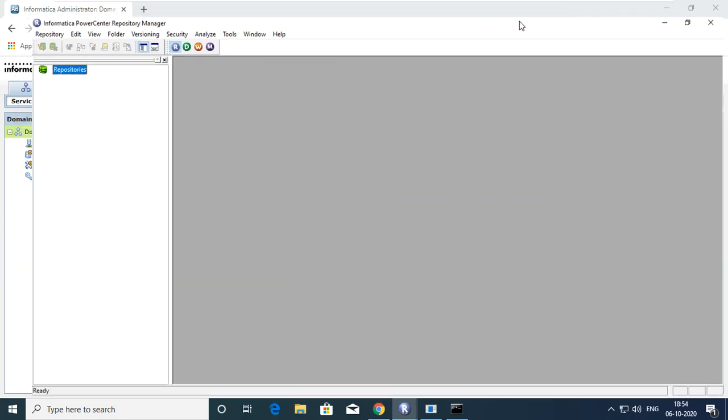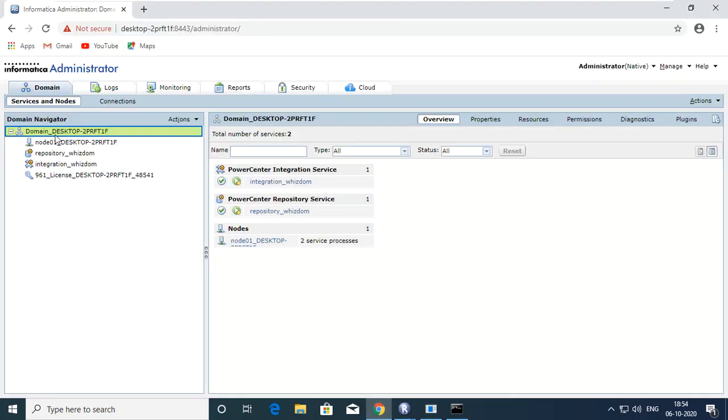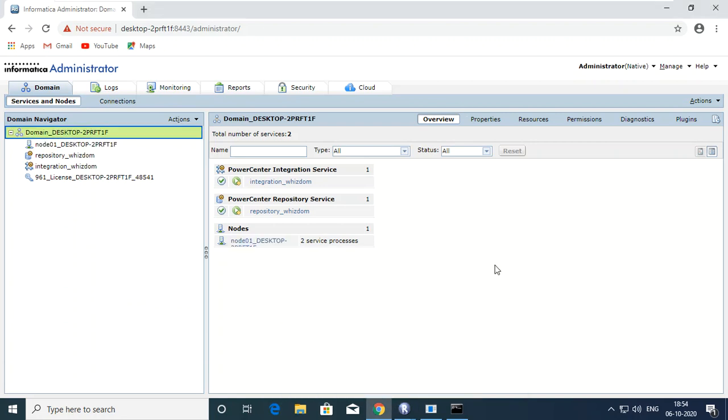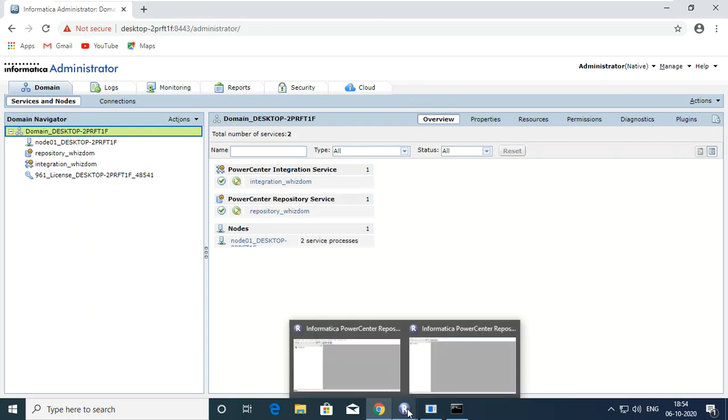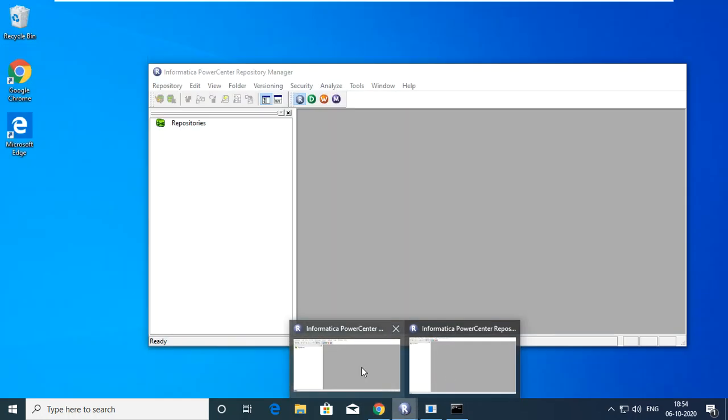Okay, and if I expand this and see, I am not able to go into any other part without configuring my domain. That means whatever we have created here, we have to configure with the client tool. This is the server part. Informatica has two parts: one is the server part and the other is the client tool. There are 4 client tools, and you have to get connected with this repository and integration service in all the 4 tools which we are going to use further.